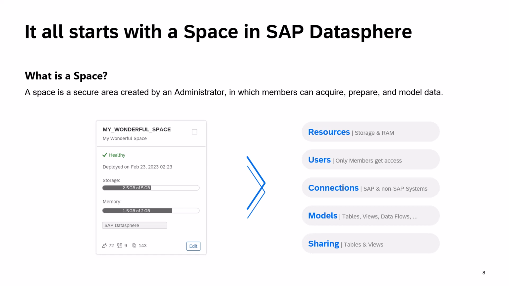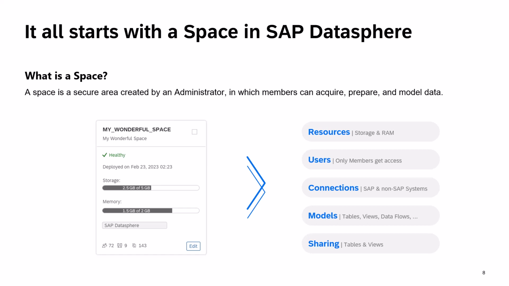You can manage the user access for specific space members, as we call them. So you can define who should be a member of a space and who should be able to do what on such a space. Also, enabling connections is space dependent, so you can define what kind of connection should be available in a particular space.